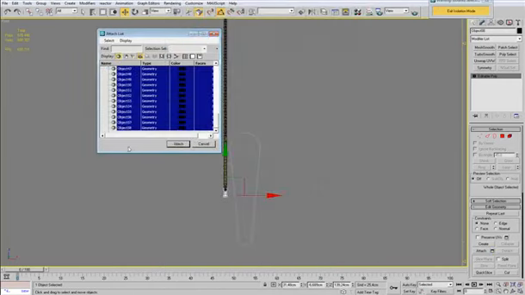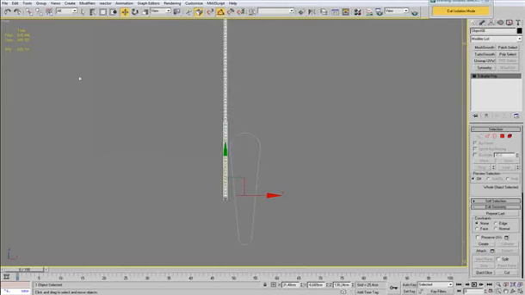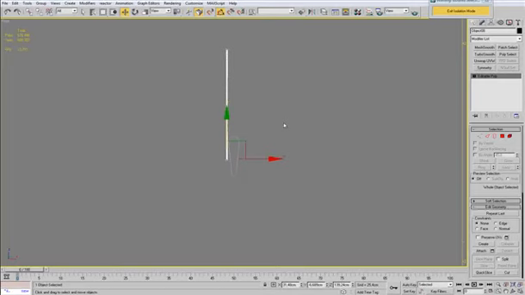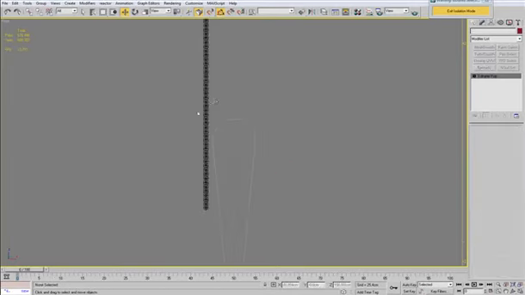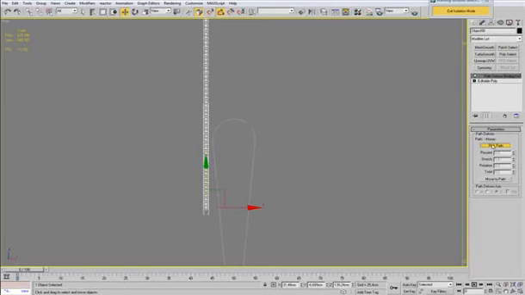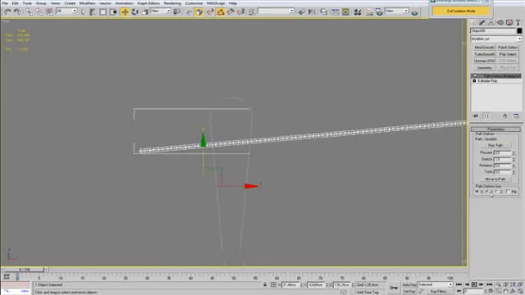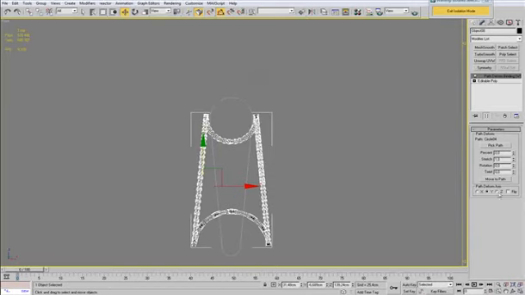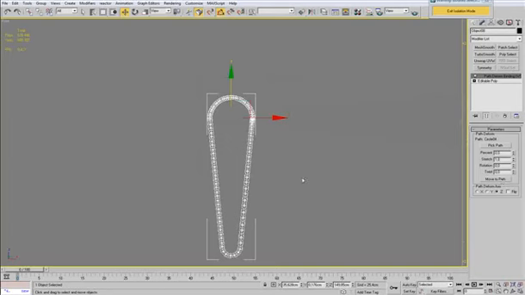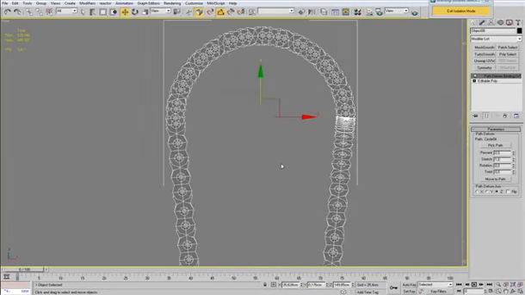Okay, so I'll select all of these objects here and attach them. Don't forget to save. And now I can use the path deform, pick this shape here, and I just try to, yeah, as you can see, it's on the z-axis,